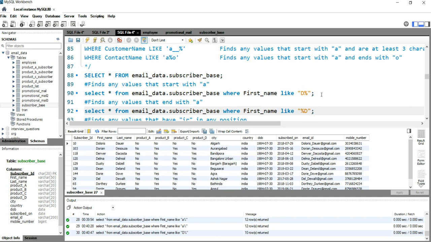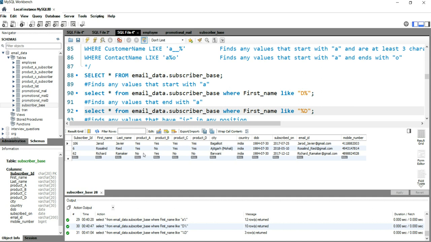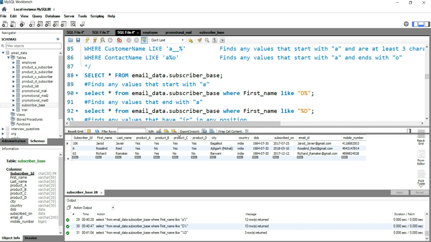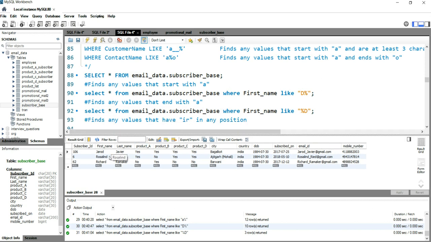Then we'll run this query. We got 3 records where the name ends with D. You can see here Richard, Rosalind, and George. All these names have D as the last character in the first name.